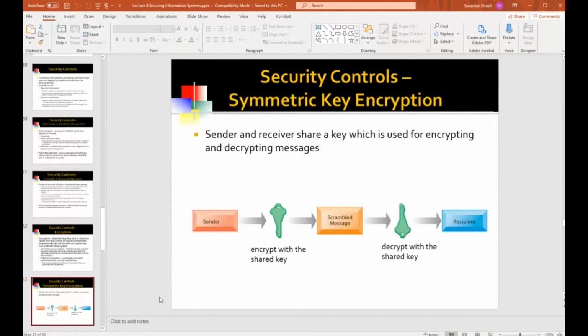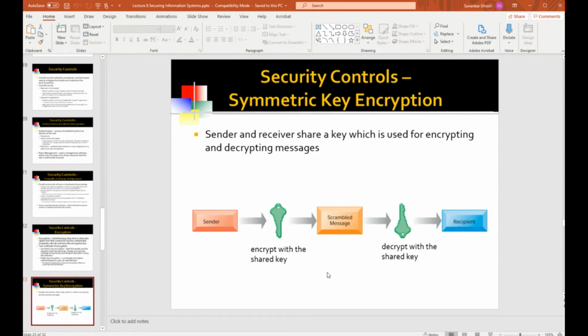So the first form of encryption that has been used was known as symmetric key encryption. What encryption is, is taking data in its original form, maybe a text file, and converting it to scrambled text. So it's scrambling the characters. What is clear text is completely scrambled when it has gone through the encryption process. That scrambled text is just gobbledygook. You can't make out what this jumble of characters is. Yes, you could read the original file, but you can't read the scrambled file or the scrambled message.